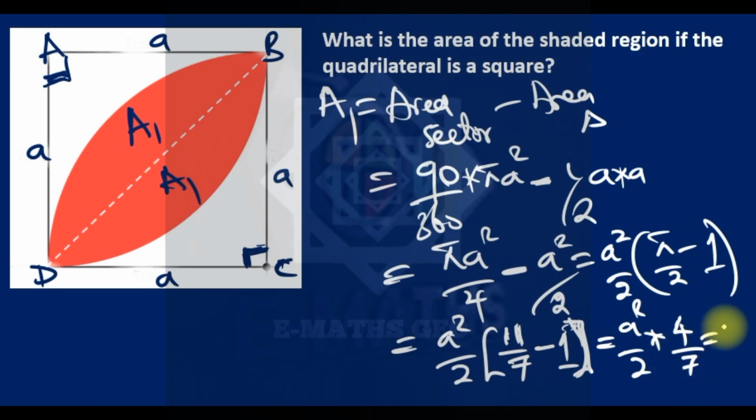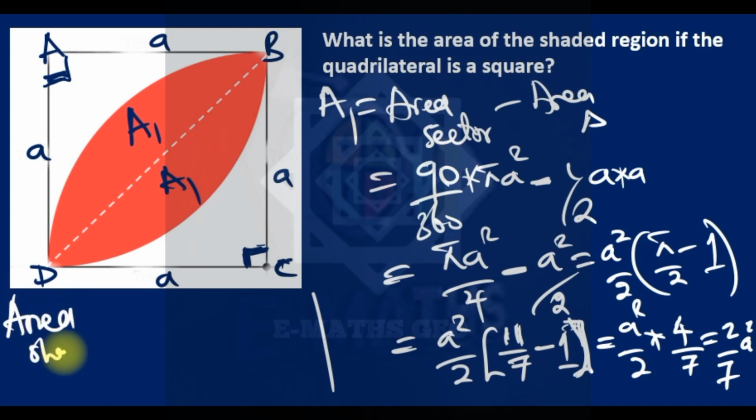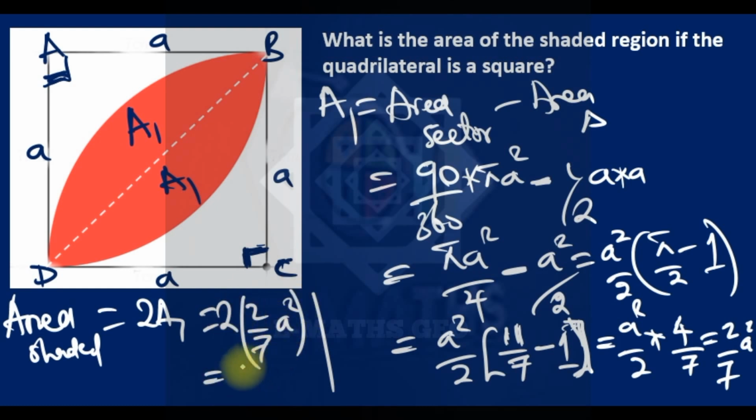This is now 2 over 7 a squared. From this you see that the shaded area is 2A1, which is 2 times 2 over 7 a squared. So that's how I got 4 over 7 a squared. That's the formula I use in